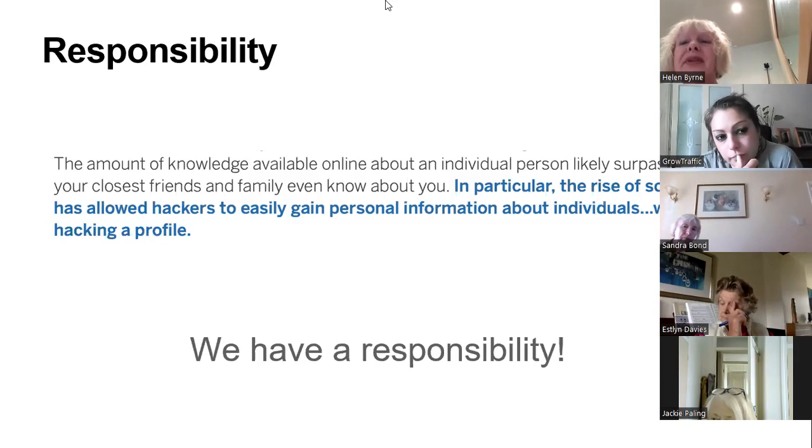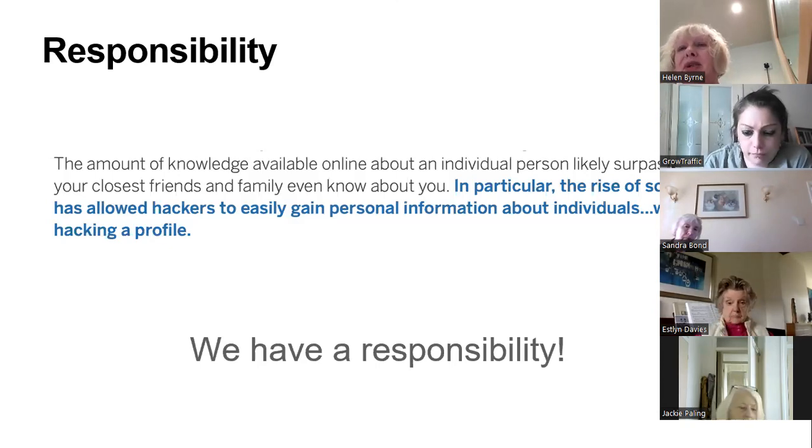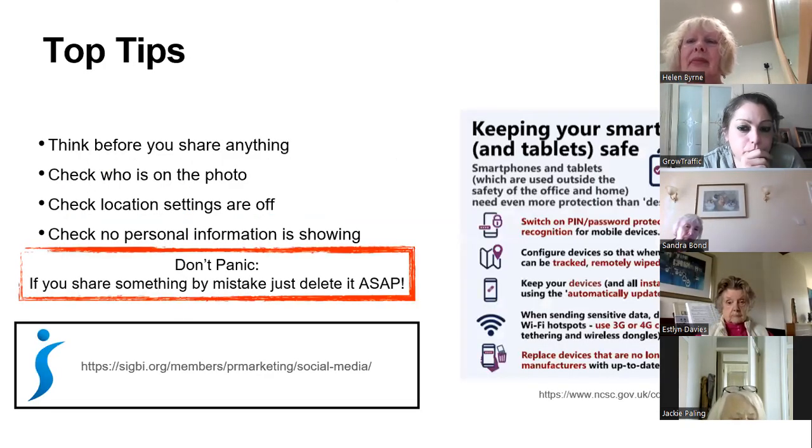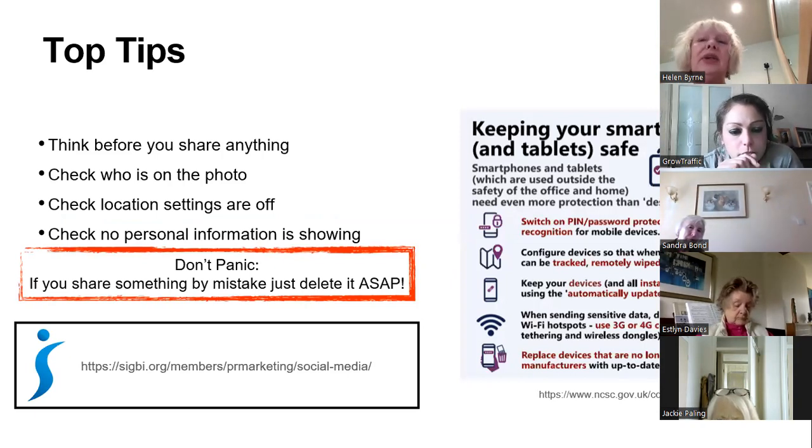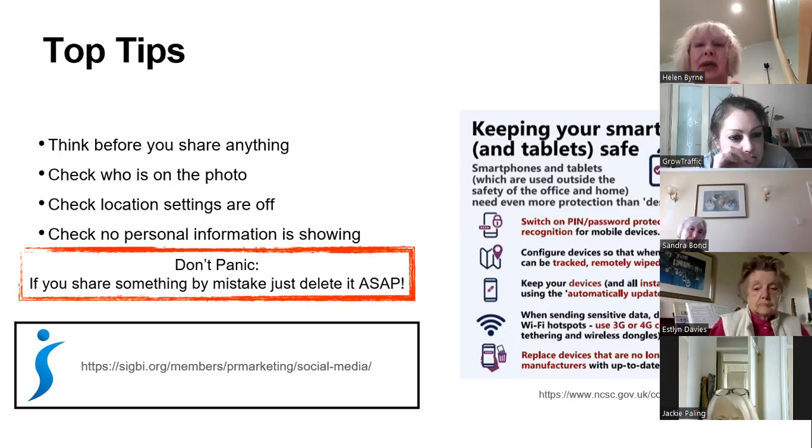If you can just go on to the next slide for me, Rachel. So these are just the beginnings of some top tips. As I say, the presentation which I'm going to send to you has a lot more very practical advice in it. Things like check who's in the photo, and check location settings are off when you take that photo.